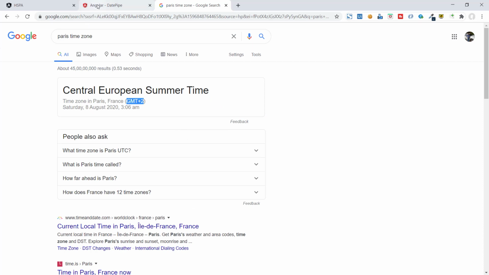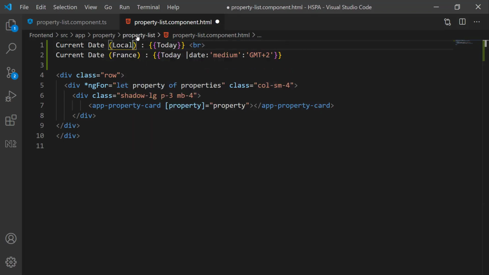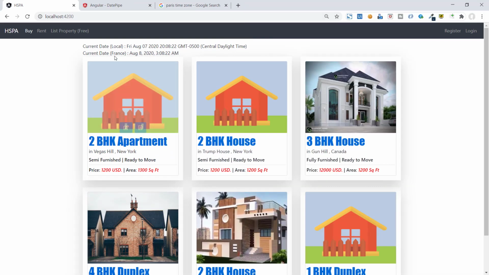We can use this GMT +2 to display the Paris time to the user by passing it in the second parameter of this pipe. We can label it France and give a label local to this one. So now we can see dates in two different time zones. One is the user's local time zone and another one specific to France.